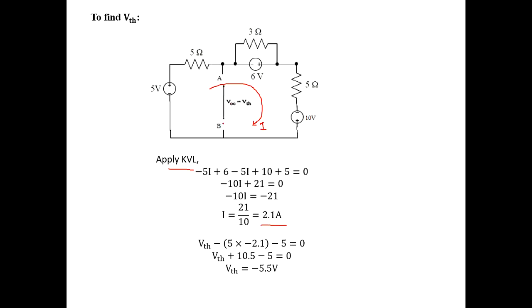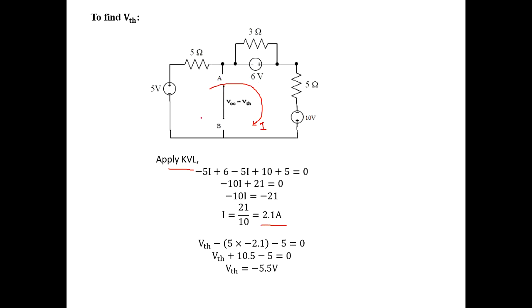In this, VThevenin is between this A and B terminal. This is half of this one. We can choose half of this loop or this loop, because VThevenin is across this A and B, between these two halves.